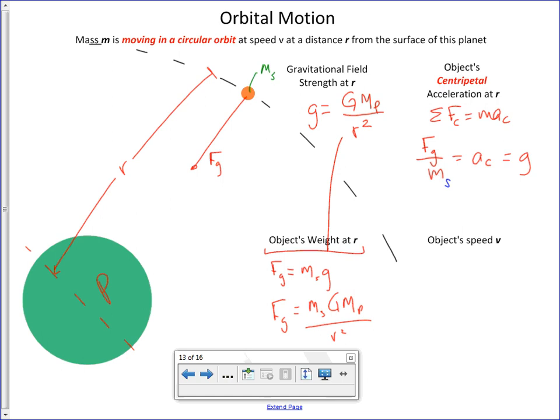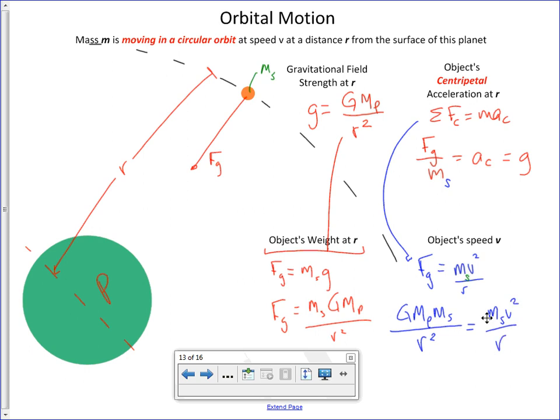All right, speed, this is a neat one. We can do the same thing. If we say net Fc is mac, we can say that Fg is m v squared over r. Well, what m? The thing that's moving in a circle, the satellite. And what's Fg? That's G mass of the planet, mass of the satellite over r squared. That equals m satellite v squared over r, and then it doesn't matter what's there. Look at the expression we have here. You know what this is?